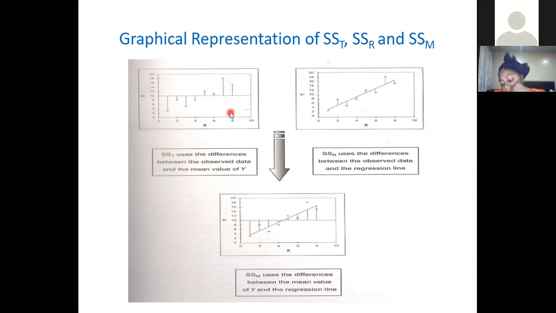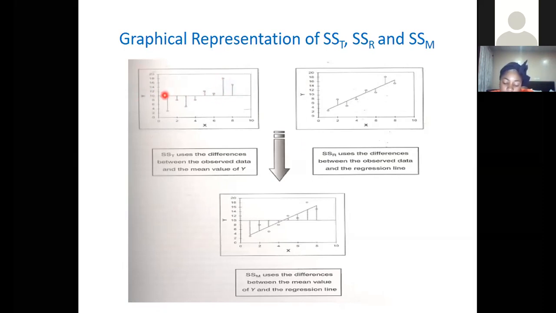And you see a lot of them, though some are close, a lot of them are far. So if you now want to know the total variance, all you need to do is remove each observed value from the value predicted by the mean, just like the way we look for the regression line. If you do that and square it, the total sum of square will measure the total